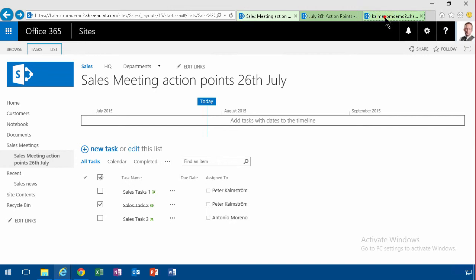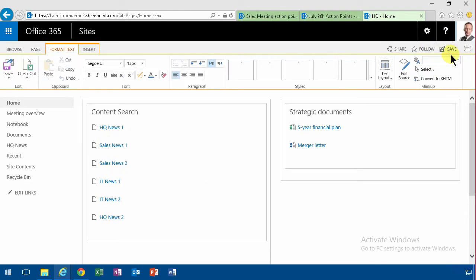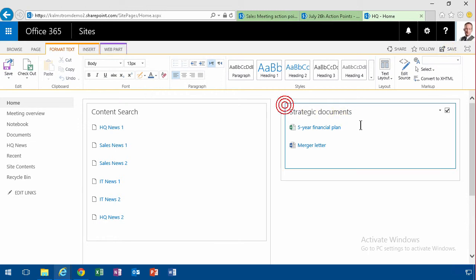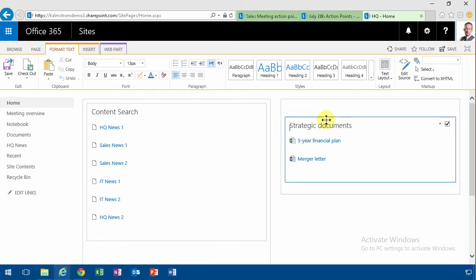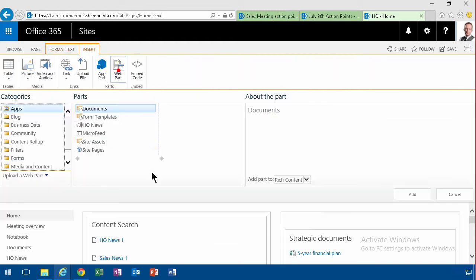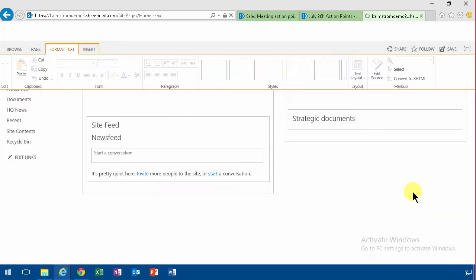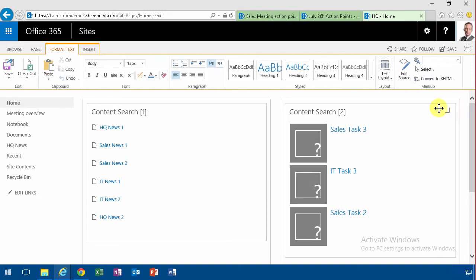People often go to the HQ page. That's where they want to see their open tasks, all of them. All right, so I'm going to put in a web part there. I just put in a blank line there, adding a web part, content roll-up, content search. So I'm going to use the content search, and then I'm going to go in and edit the properties on that. So I'm going to edit the web part,